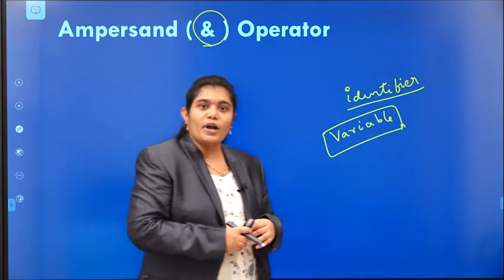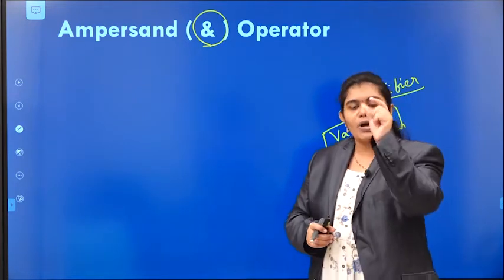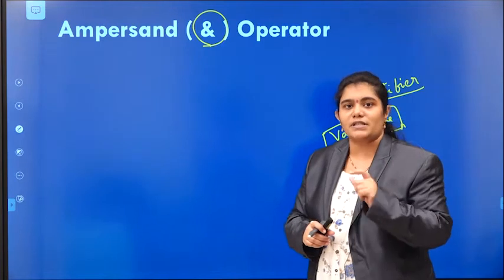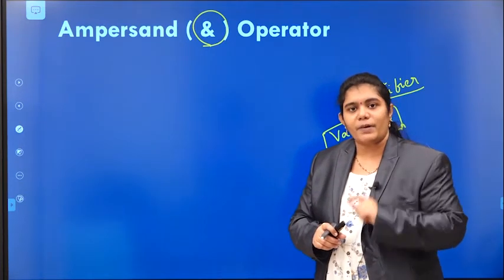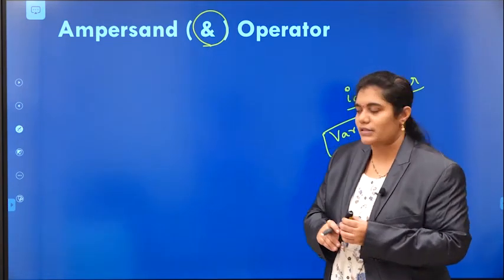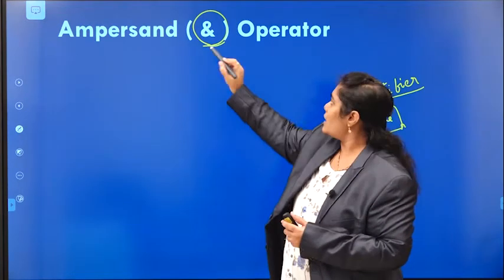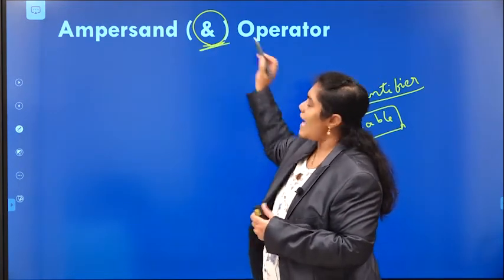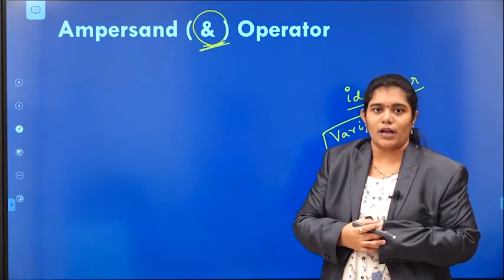Before reading any value for a particular variable, first you have to specify the address. How can you specify the address of a variable? With the help of this ampersand symbol, you can specify the address of a variable, right?